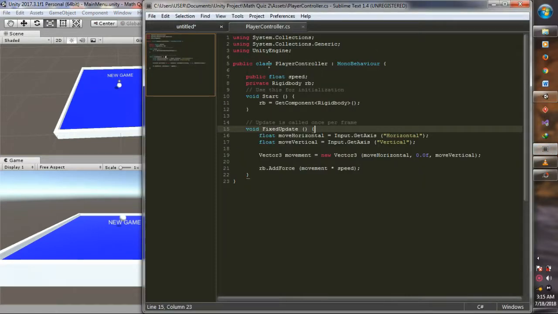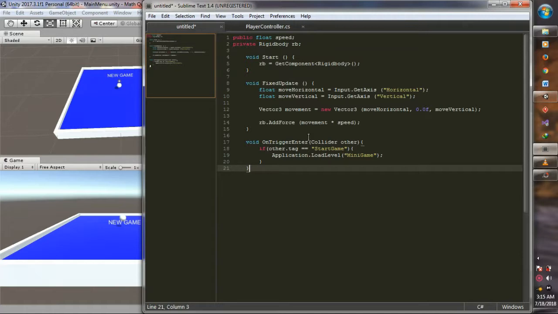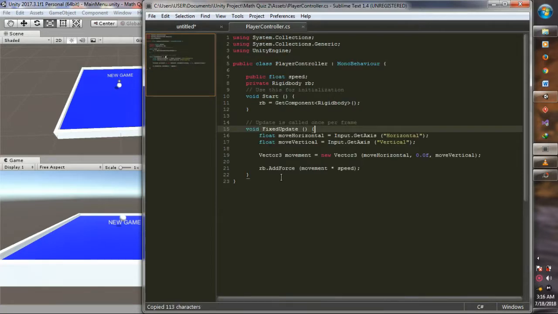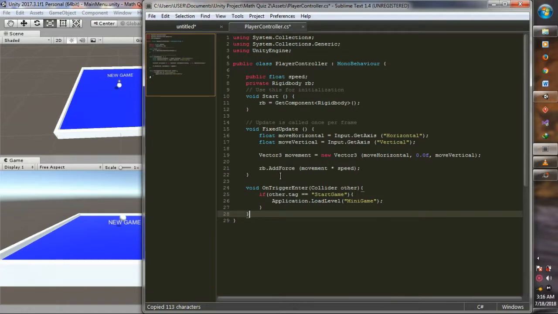Now we edit the code with this OnTriggerEnter, Collider other, and there is an if condition, so we just copy and paste in this code.